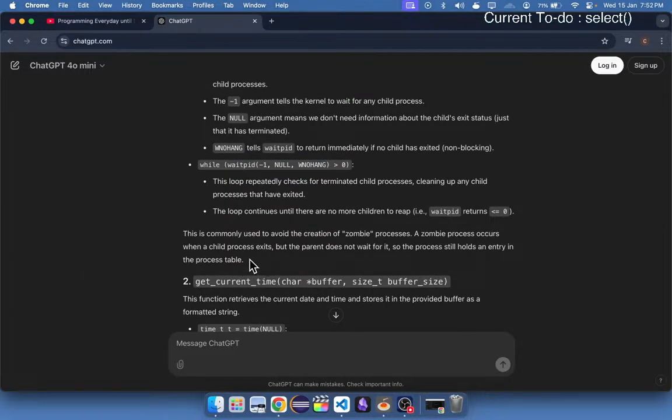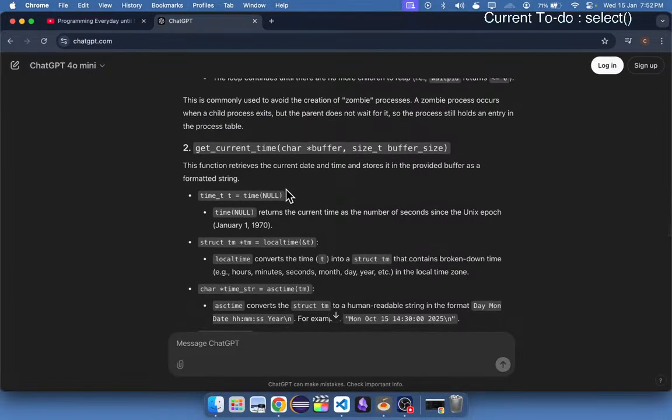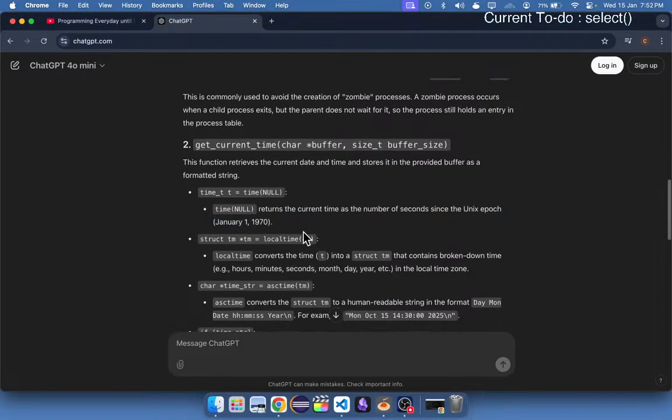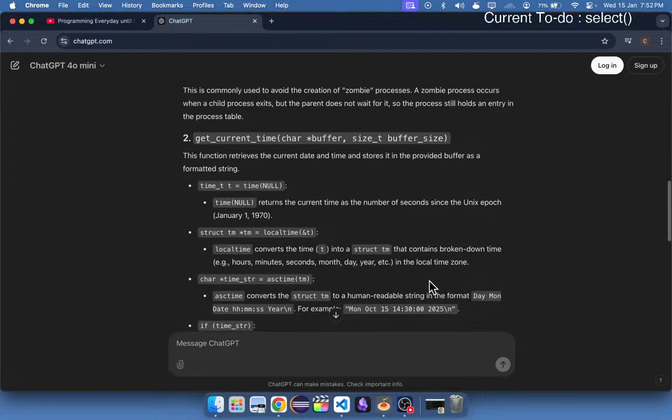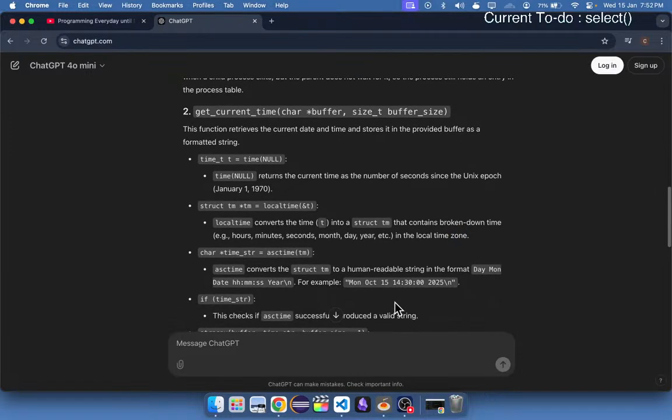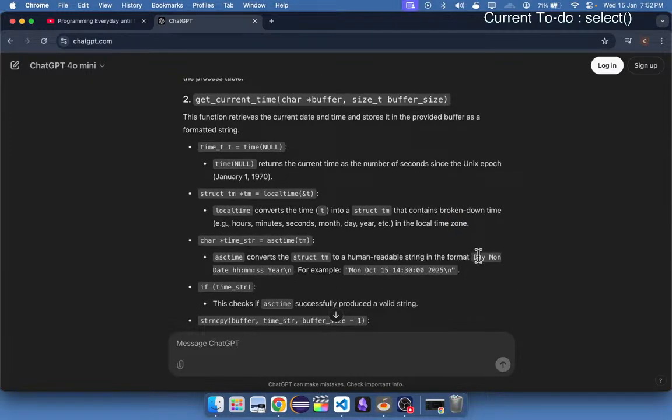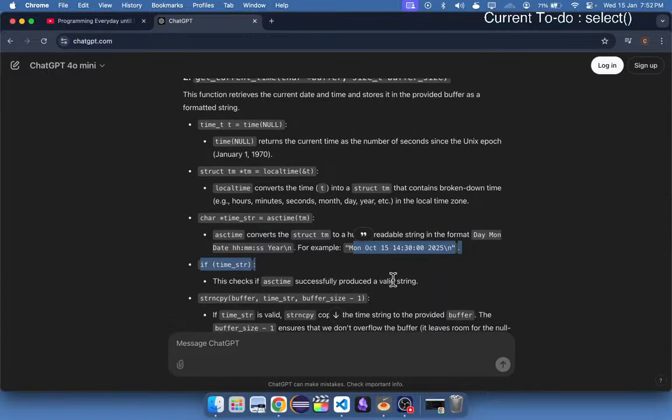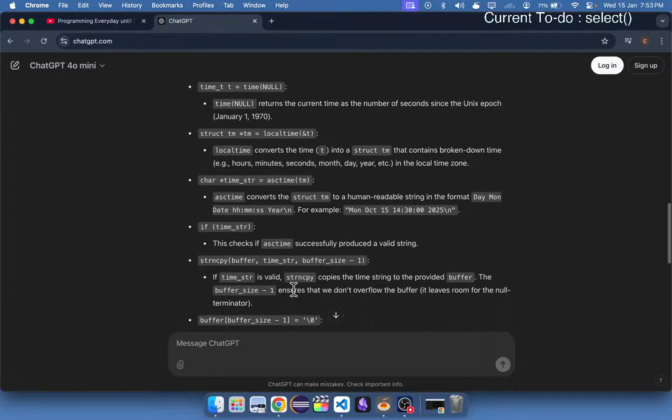A zombie process occurs when a child process exits, but the parent does not wait for it, so the process still holds an entry. time returns the current time as the number of seconds since the Unix epoch. localtime converts the time_t into a struct tm that contains broken-down time in the local time zone. asctime converts the struct tm into a human-readable string in the format. For example, if time_str is true, this checks if asctime provided and produces a valid string,